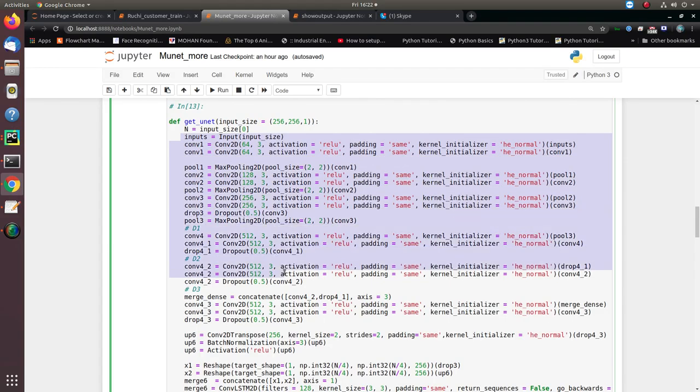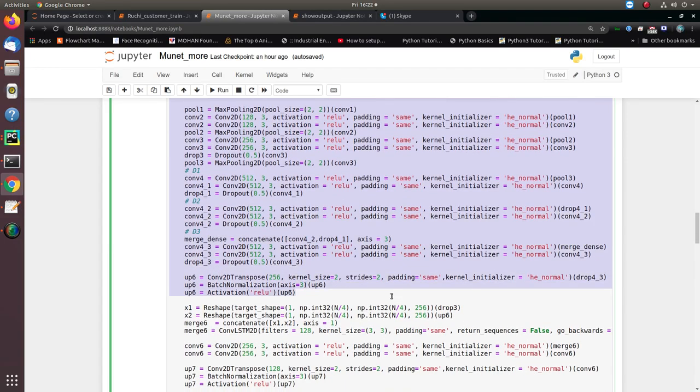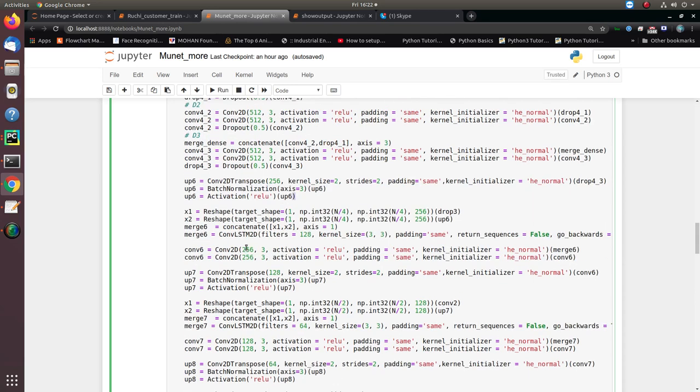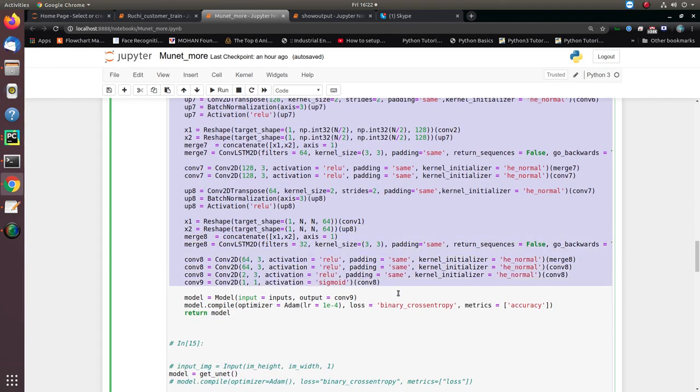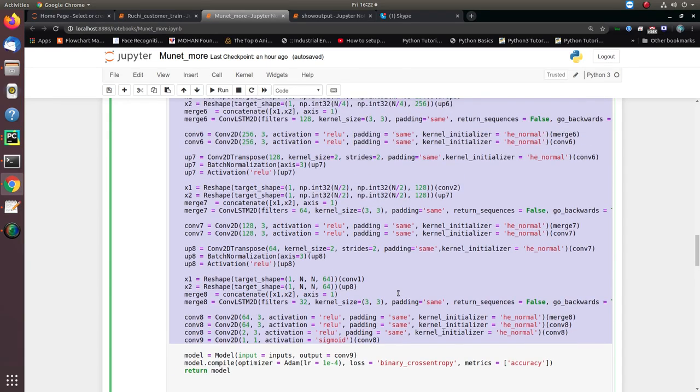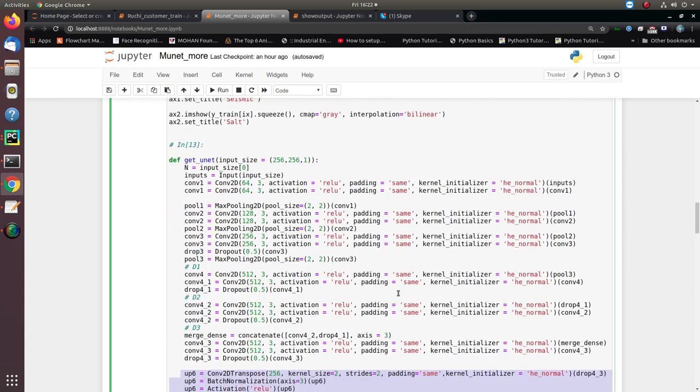So first we need to encode the image into an n-dimensional breakdown, and thereafter we start upsampling from those breakdowns and create an output map of the mask. So it's a really simple process. Let me explain how the model works. It starts with a first two-dimensional convolutional filter. The number of filters I'm using here is 64. Activation is ReLU. Padding is same, which means the input and output will be the same size.